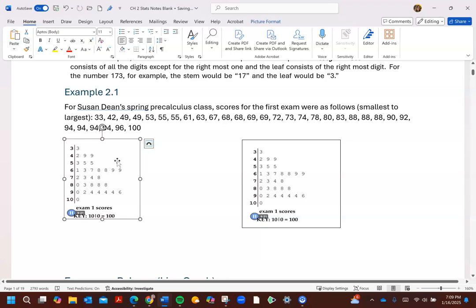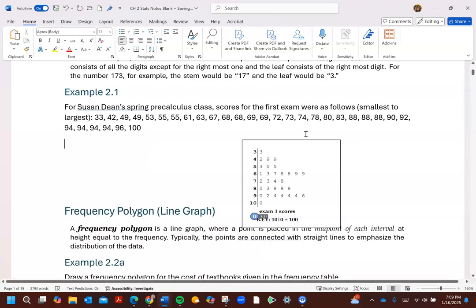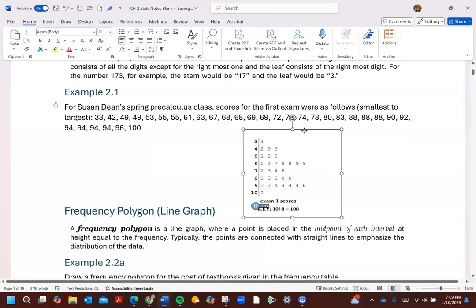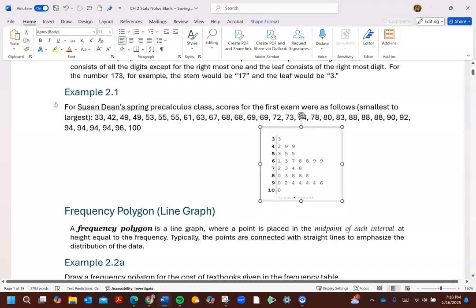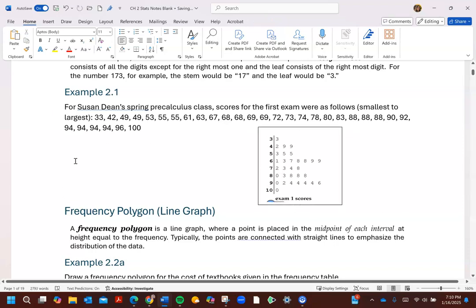And then I could just delete that. I am avoiding use of boxes though for most of your things, so that your things are accessible for screen readers. So that is example 2.1,